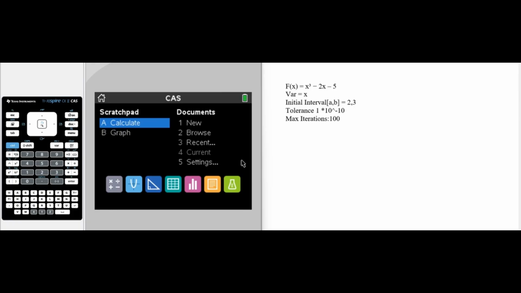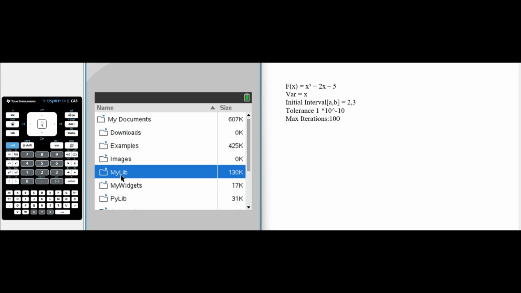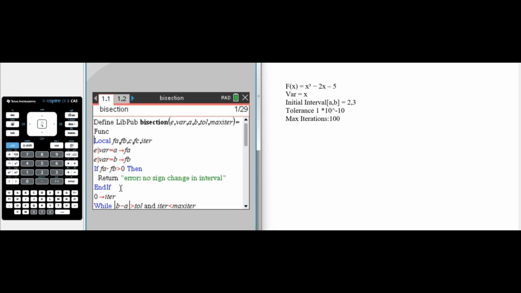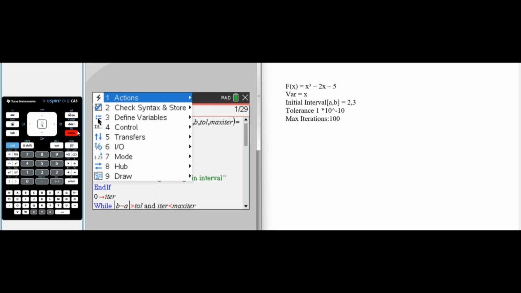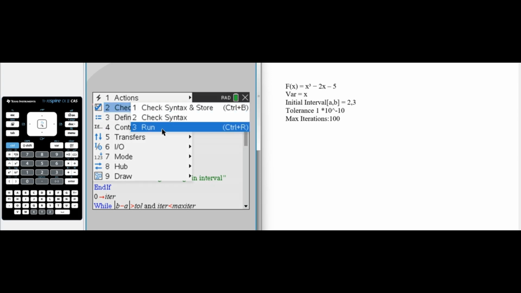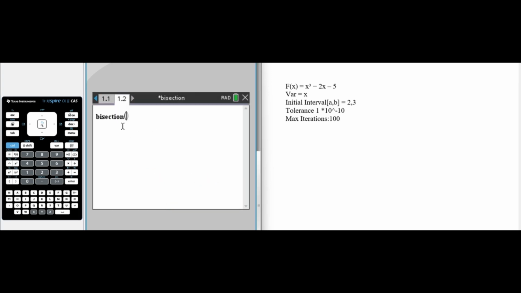Okay, so there are two ways of using this on your calculator once it's installed. First is to directly open the file in your my library, bisection, and then go to menu, check syntax and store, and then run directly. And over here you can just directly run it like that, right? Or